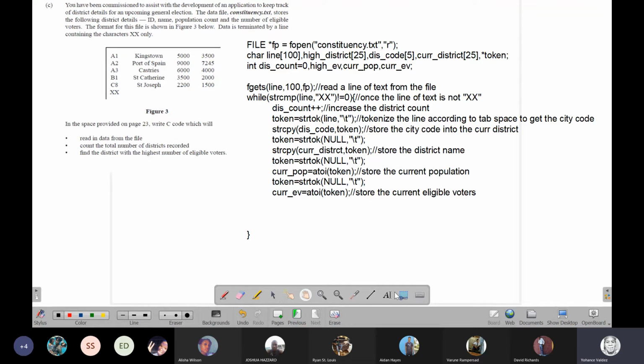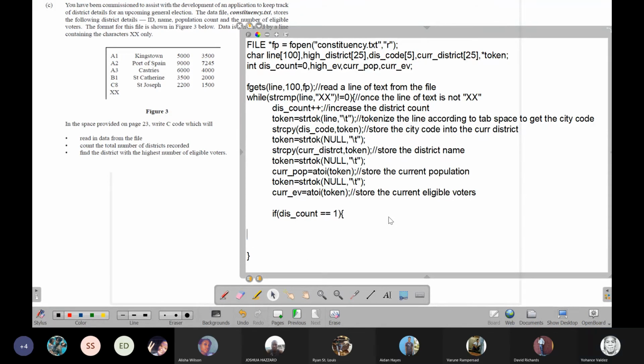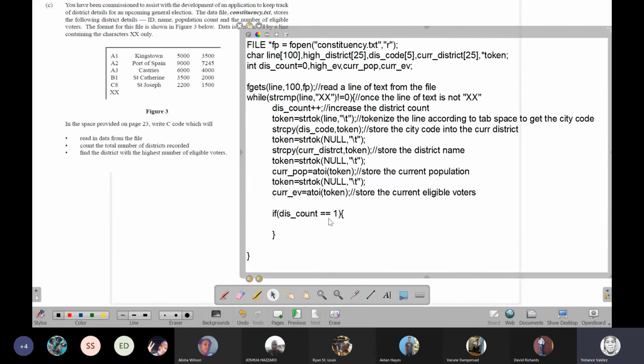So the first line of text read will always be the highest eligible voters. So we could say if what? How do we know the first line read? We know that the first line is read when district_count is equal to 1. Right? So if this is the one and only district that we know about,